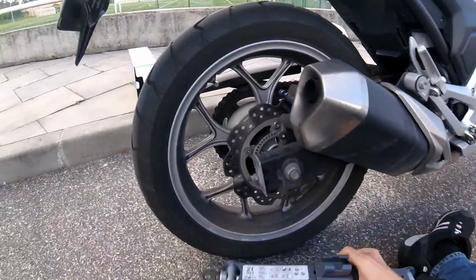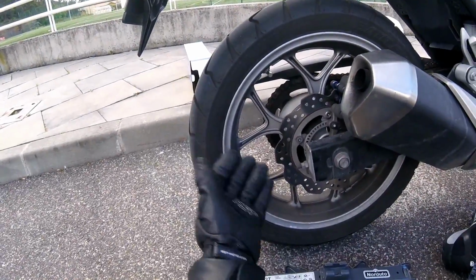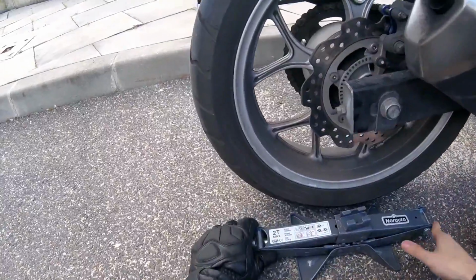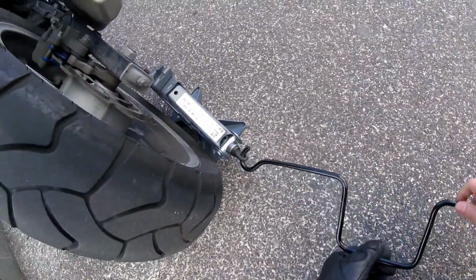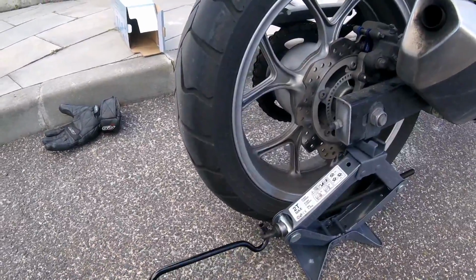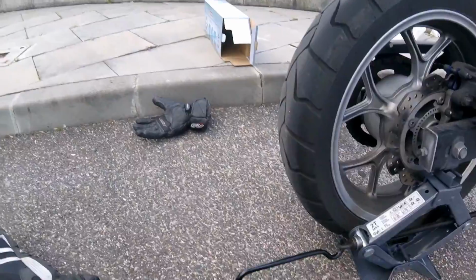Now what you want to do is you want to raise slightly your rear tire so you can freely rotate it and do the chain maintenance. Place your car jack or monkey and lift it. Nothing easier. You want to raise it slightly, not too much, just enough to let the rear wheel